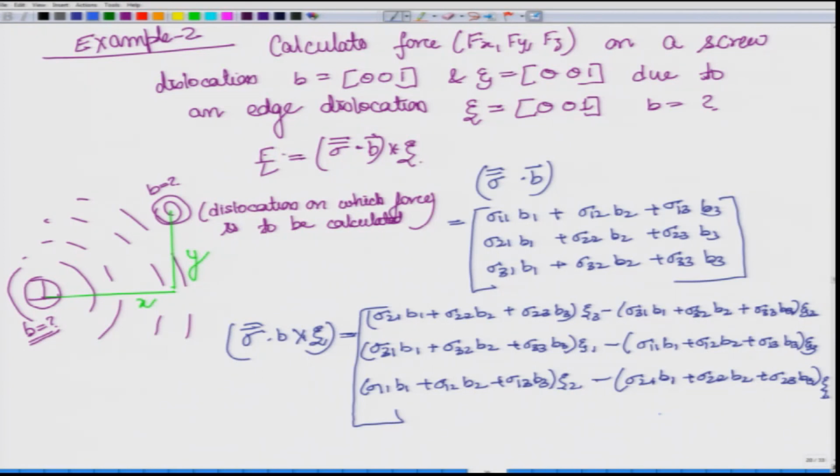So, if we have something like this, we know that this B and E are for the dislocation onto which the stress has to be calculated, sorry, the force has to be calculated. So, this is 0 0 1, meaning epsilon 1 and 2 terms will go away. So, this term will go away, this term will go away, this will go away, this will go away. What we will remain with is this one and this one. So, F z is automatically 0 here. What more? We will have Burgers vector B equal to 0 0 1. Now, here B 1 B 2, here B 1 B 2, these two terms will go to 0. So, what we are remained with is